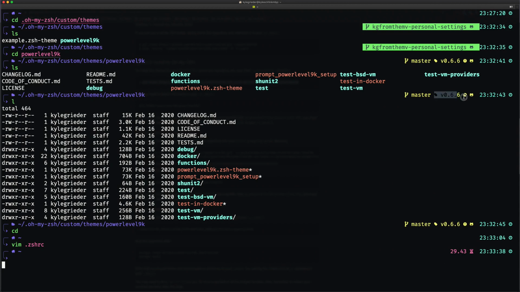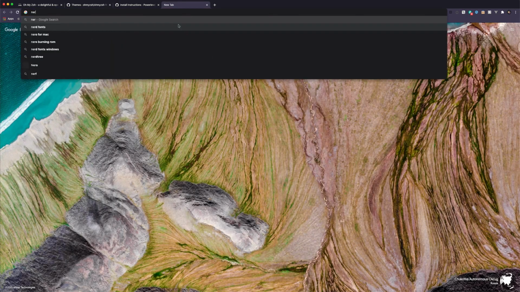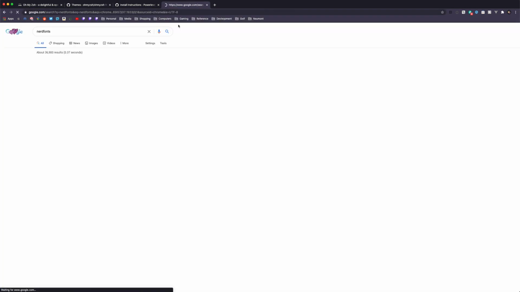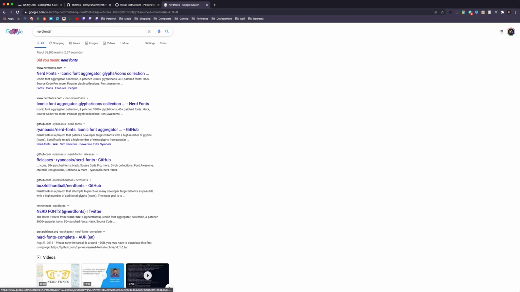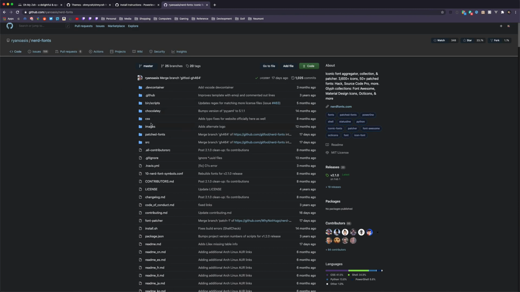Having a font that is nerd font complete includes all of these little icons in it. You can find any nerd font by just searching for nerd fonts on Google. This is where I got mine, from this GitHub repository. So if you click on this,